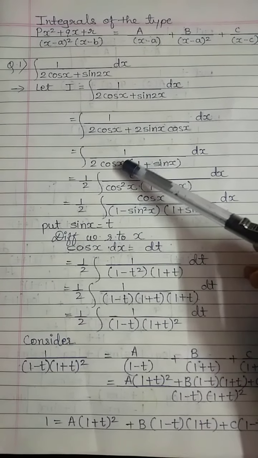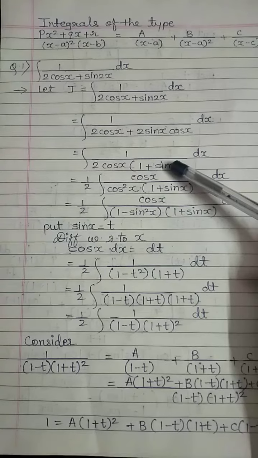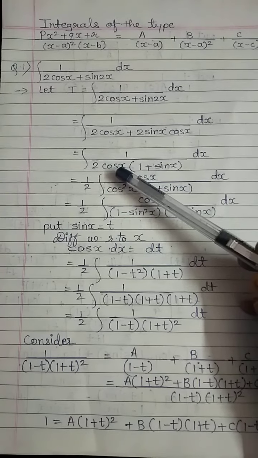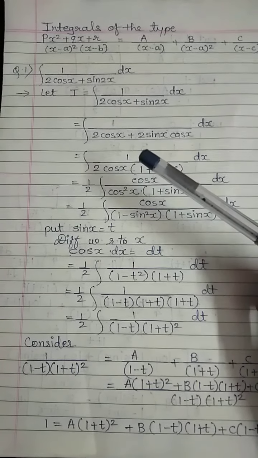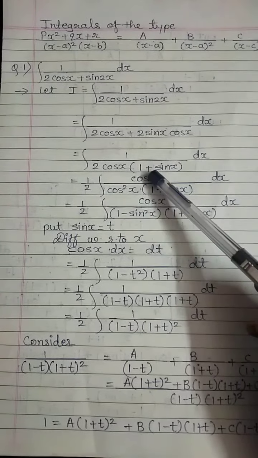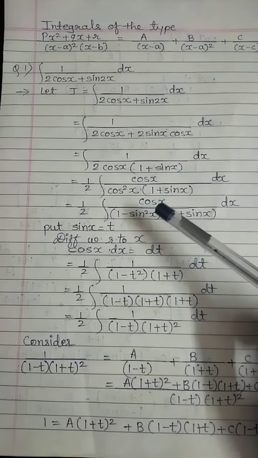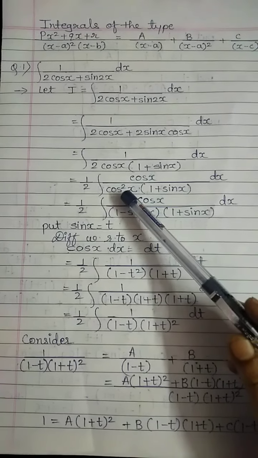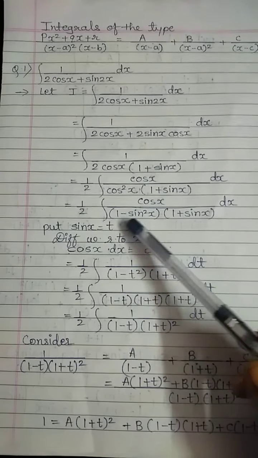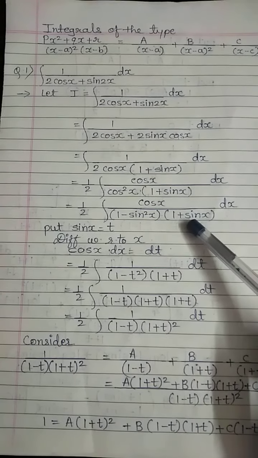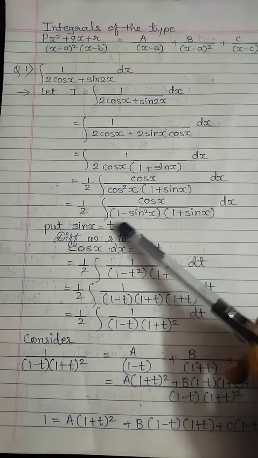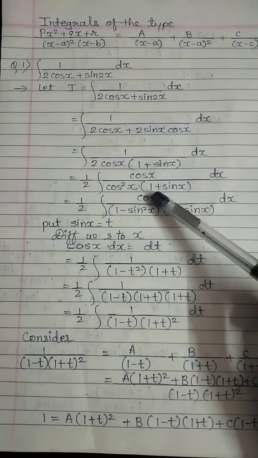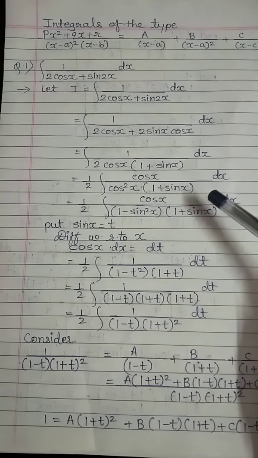Now as two trigonometric functions are present here, to convert it into one trigonometric function, we want to apply the formula of cos. For that we require cos square. So multiply and divide the integral by cos x. So we will get this term. Now we know the formula of cos² x, that is 1 − sin² x. Now if we put sin x as t, then after differentiating we will get cos x, and that value in terms of t we can substitute here.